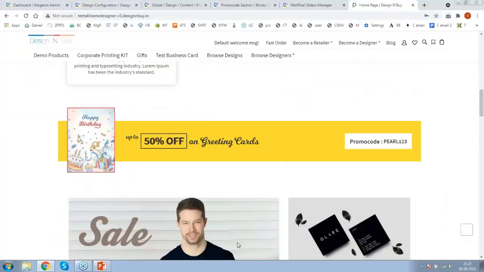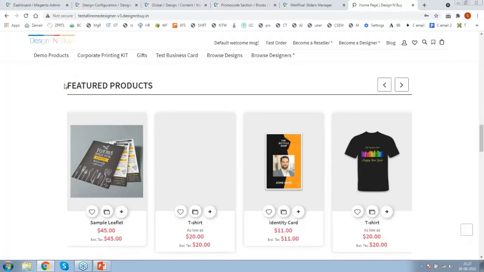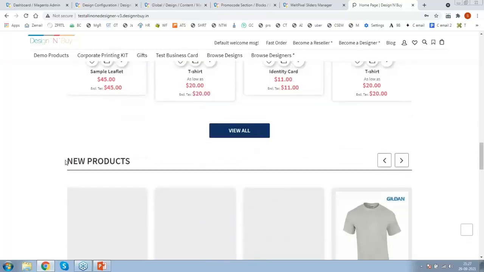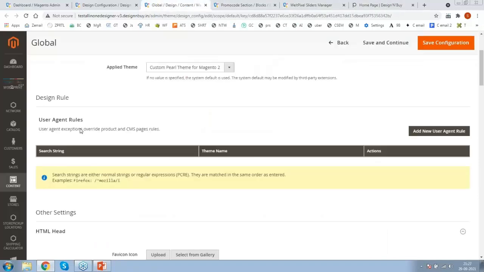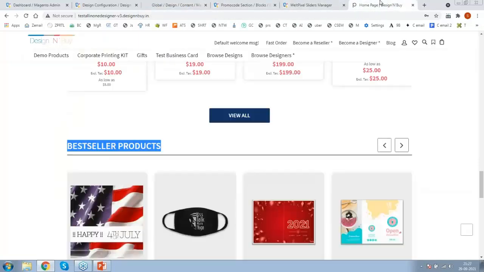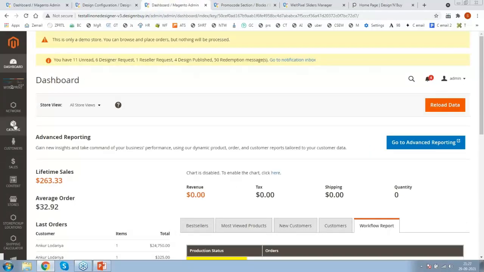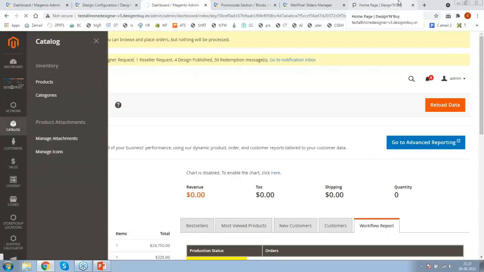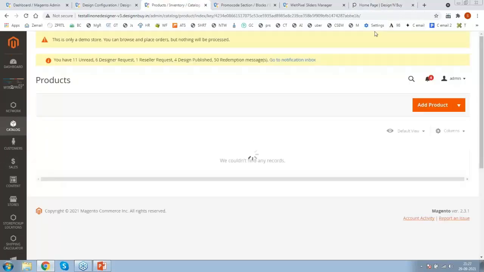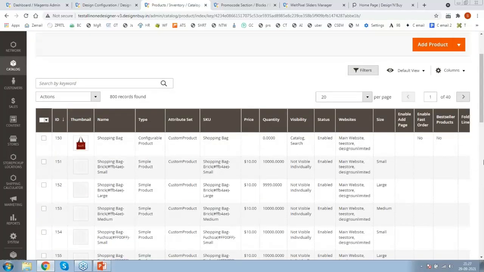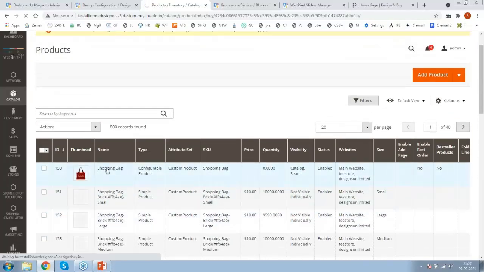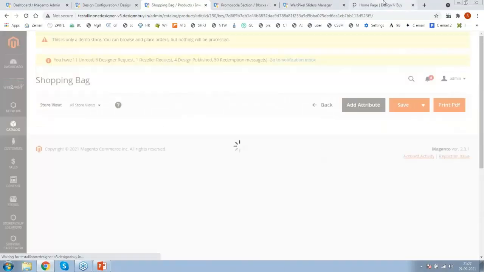Now on home page we have three listings, that is featured, new arrival, and bestseller. Now first of all, these settings are available at product level. Means whether I want to show my product under featured or new arrival or bestseller, we need to simply turn on or turn off the flag. Means whether I want to show my product under featured or new or bestseller, that is something that we can simply manage from the backend.